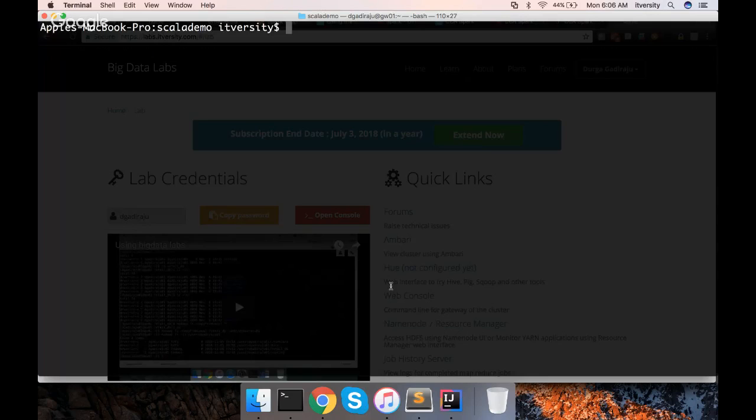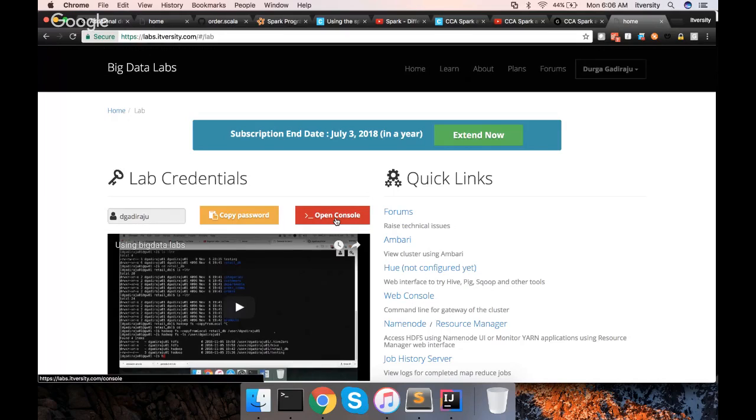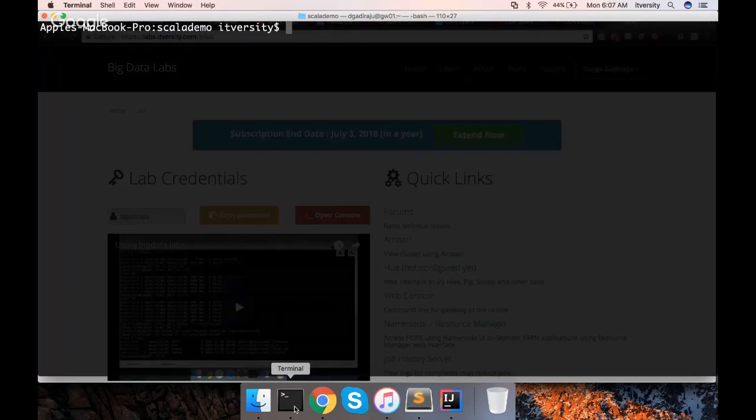Either you need to use PuTTY on Windows, or you can click on Open Console in Firefox or Chrome and access it directly through the web. But the web tends to be unstable sometimes, so it is better to use PuTTY or Cygwin, or a Mac terminal if you are using Mac, or a Linux terminal if you are using Linux.